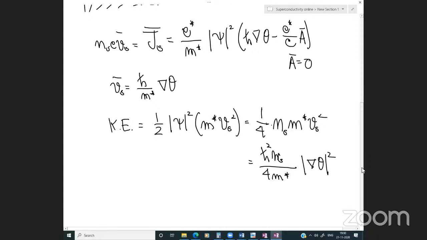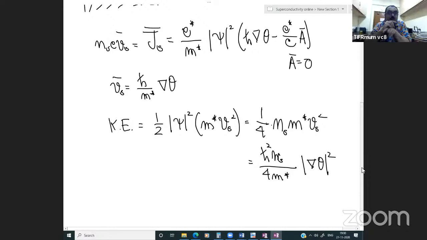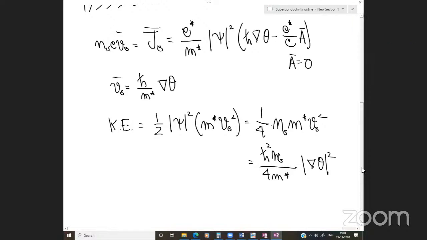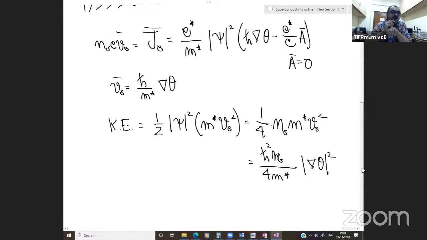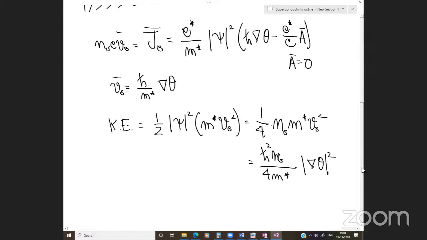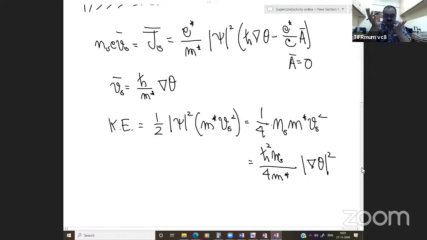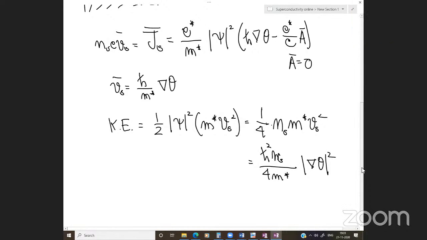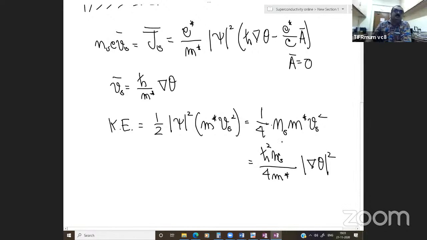That's why the half factor comes, because we are treating it as an electron's order parameter. The extra half factor comes because psi naught square is the Cooper pair density, and I am defining Ns as the super electron density. It's just a matter of definition. If I defined it here as Ns star, then I don't need to put the half. Ns star is actually Ns by 2. This is a trivial matter of definition.